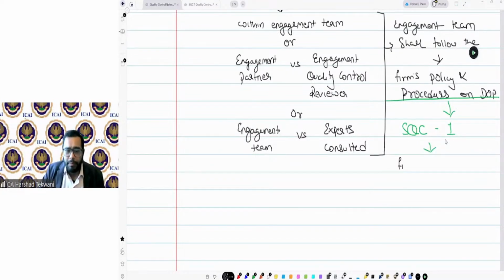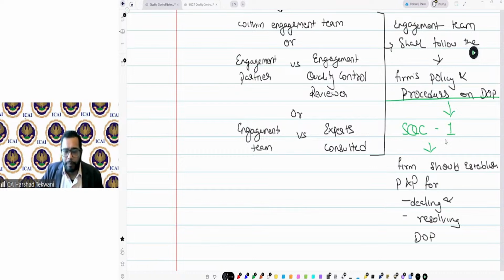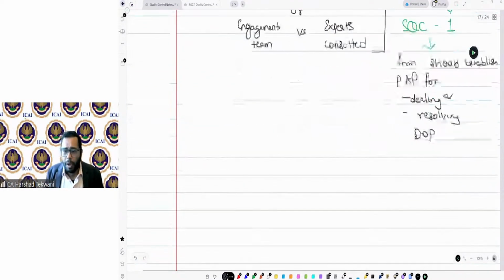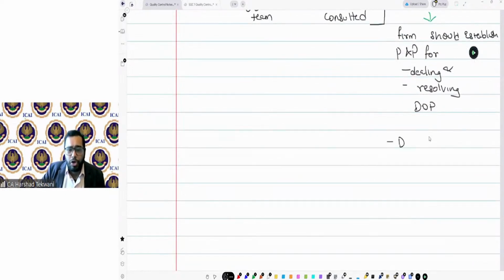So, the firm should establish policy and procedure for dealing with the differences and for resolving difference of opinion within the engagement team, or with those consulted, or where applicable between the engagement partner and the EQCR. Plus, it says that you need to document